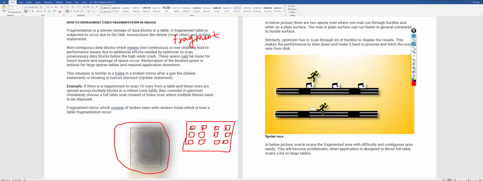All these data blocks may not always be contiguous. Contiguous means they are stored in a group, continuously, one after the other. If you see this diagram, you can see that all the data blocks are stored one after the other. But in reality,